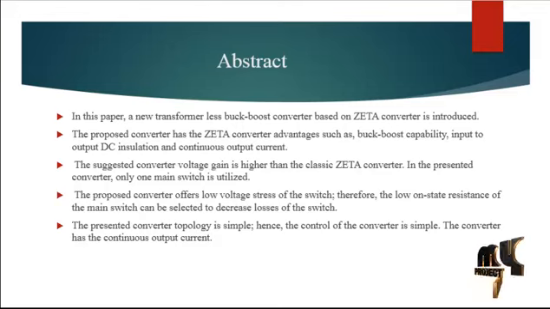So we suggest it for specific applications using photovoltaic and high power machines. We are using the prototype model of the Zeta converter for this application. The proposed converter uses one main switch, which acts at very high voltages, and the on-state resistance magnitude is low. So we can reduce the line loss,